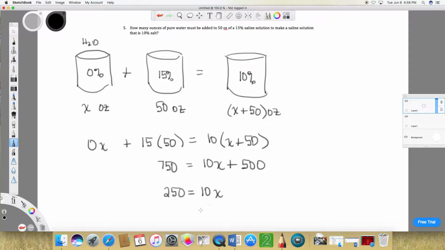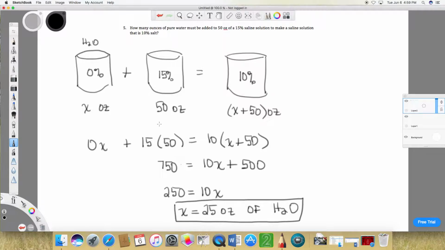and divide by 10, and we have that 25 ounces of our water will dilute the 50 ounces of 15% saline solution to create 75 ounces of the saline solution that's at 10%. So let's shrink this up and let's do this same problem, only by that method that they refer